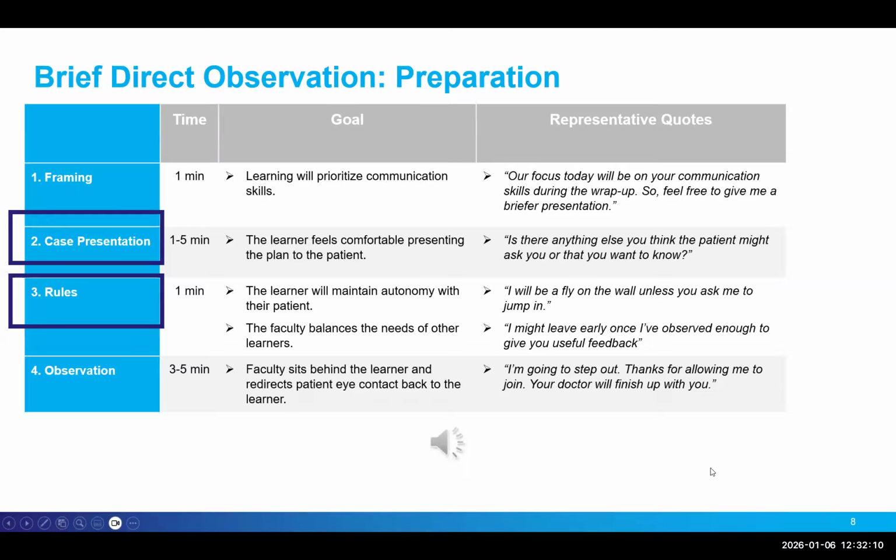Is there anything else you think Miss Jones will ask you that you want to learn about first? I think you answered all my questions. Thank you. Great. For when I observe you with Miss Jones, is there anything you're working on in terms of your communication skills that I should keep in mind? Not anything in particular, but I'm open to whatever you notice. I'm going to be a fly on the wall, but if you need me to jump in, ask if I have anything to add, and I'll take that as my cue. If I notice you missed something,